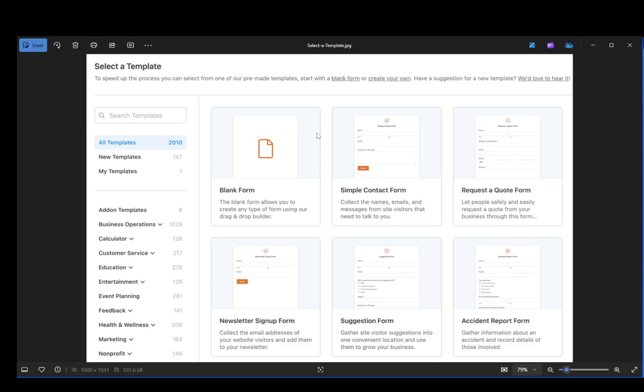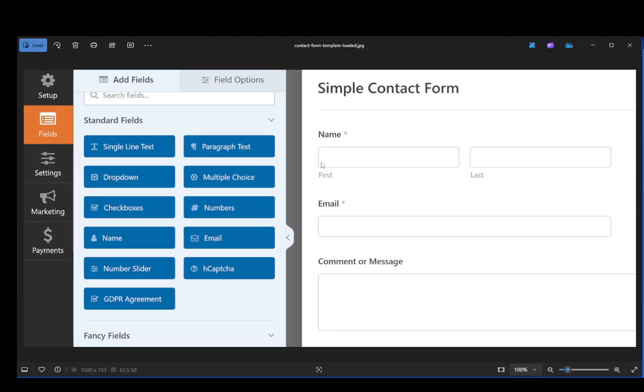You can use blank, or you can use whichever of the many templates that you can find, and they are all very well made and useful, so make sure to make good use of them. Then you can go over into the editor to actually edit the forms and create a form. And once you do, first you should modify the general settings, the notification settings, and the confirmation settings. And once you do, you might find a link with which you can share it, and then